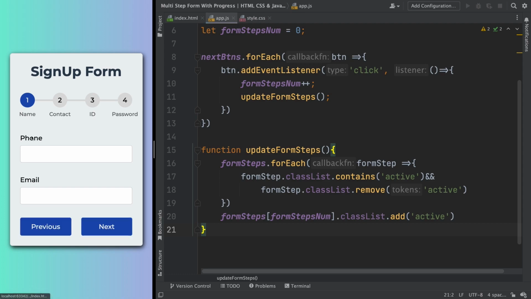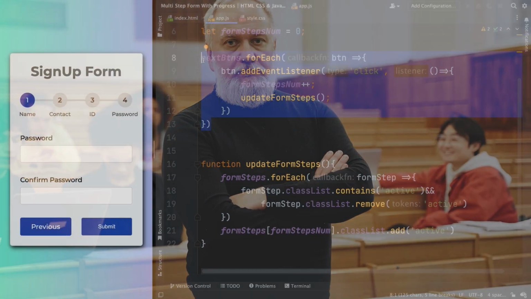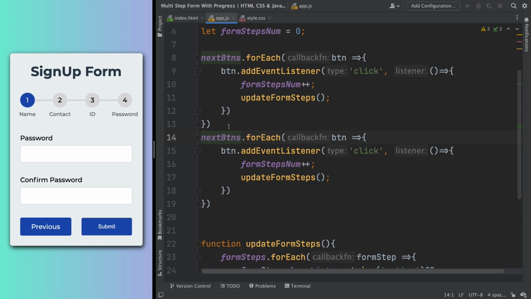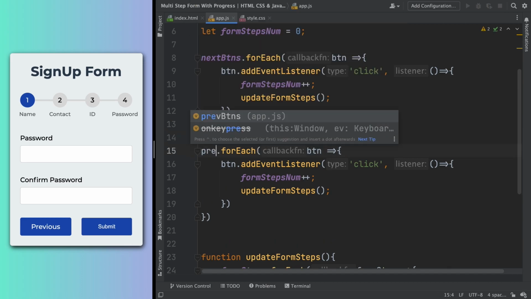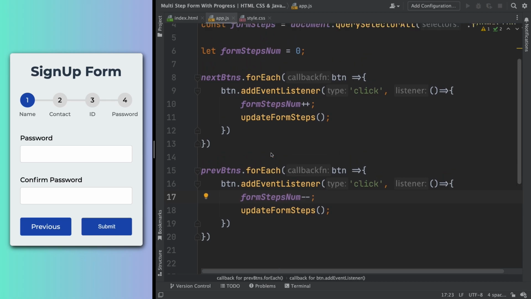I click next, and you see we are in the next one, next one, next one, and yeah, it's working nice. So the next button is really working, as you can see, but the previous one is not. So it should be very simple to do. All I have to do is change the name here. Instead of next, we want this one to be previous, and form step number minus. But I'm clicking here and it's not